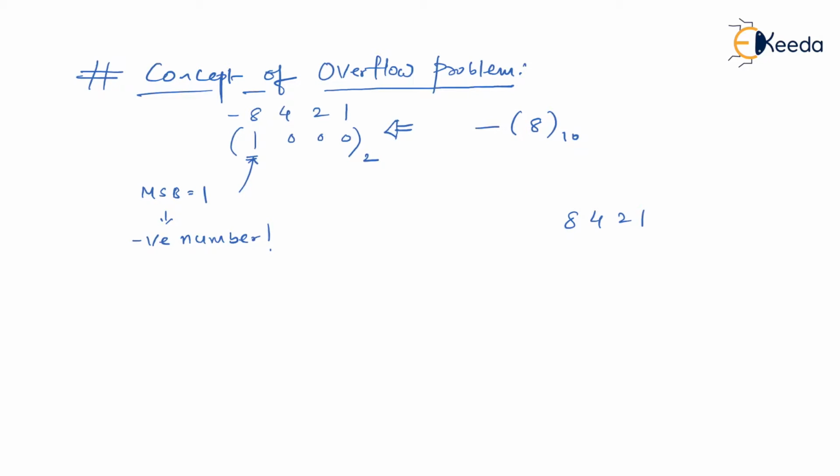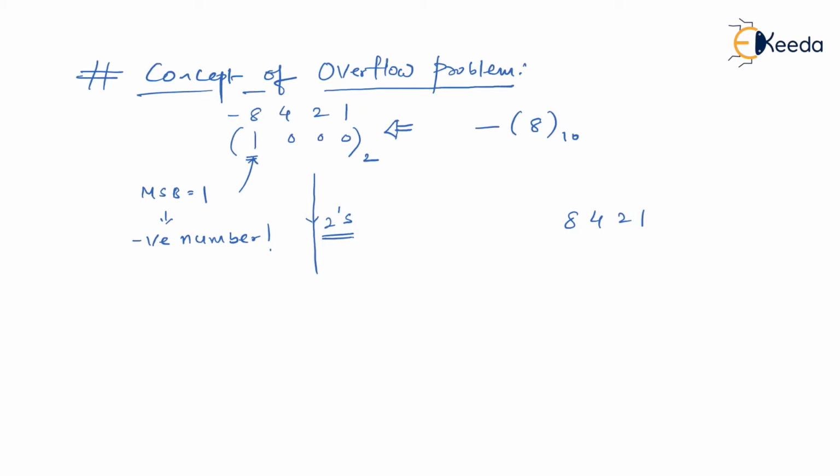So with this concept, what I'll do is I'll try to take a two's complement of this number, that is 1000, which in binary represents in decimal as minus 8 to the base 10. If I take two's complement of this number, I must get plus 8, because that's what the whole concept says. If you take complement of a positive number, you get negative, and if you take complement of the negative number, you must get positive. Meaning that now this 1000 number which is given to me, for which if I take the two's complement, I must get a positive 8 number. Let's see. If you remember, I have taught you how to take two's complement using a shortcut method. So I'm going to follow that only.